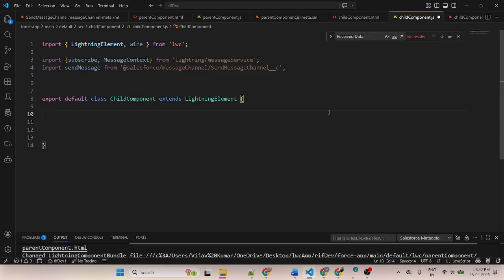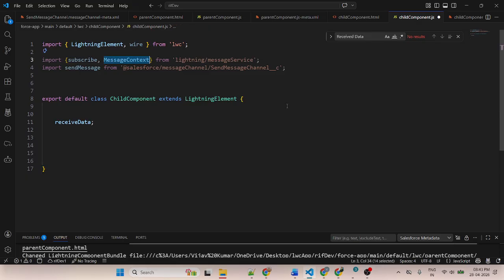Similarly, create a variable. Let's suppose receive data. This is a variable where I will store data.